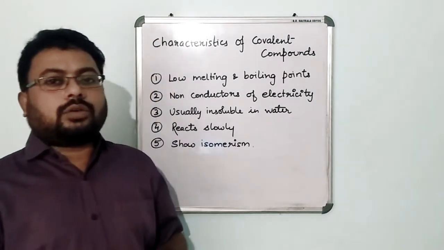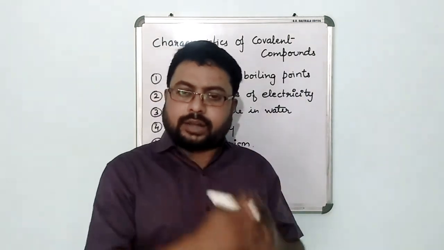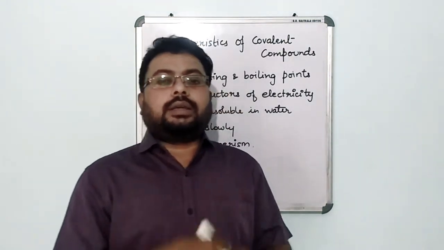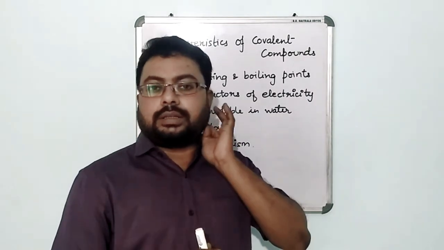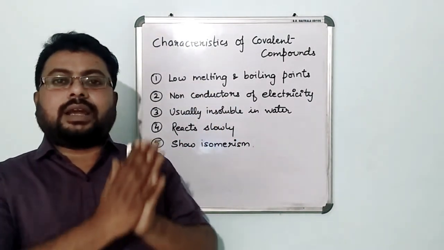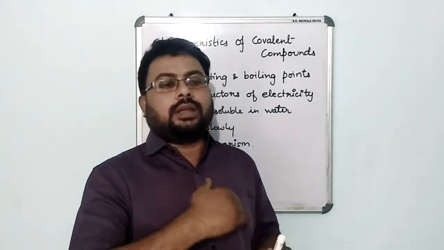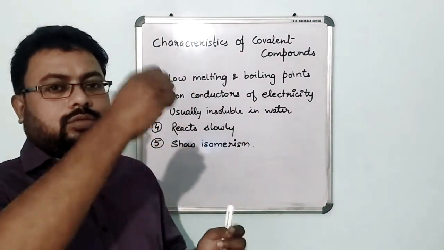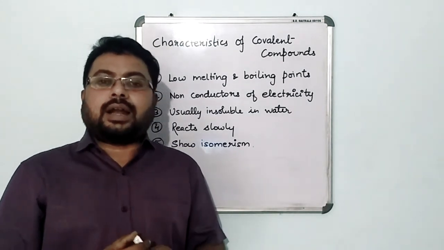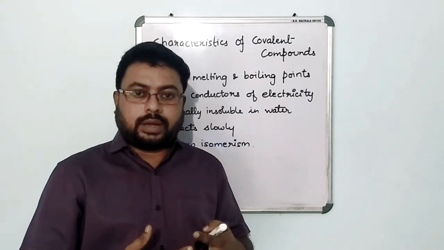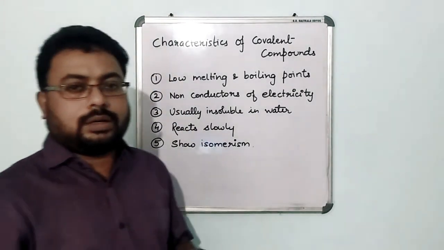When we are talking about covalent bonds, basically covalent bonds are definitely strong bonds and they are directional bonds. Because the electrons are placed at a particular place, in the center. They don't move here and there, because they are shared equally by the atoms which combine together. Thus the compounds which are formed are the covalent compounds.